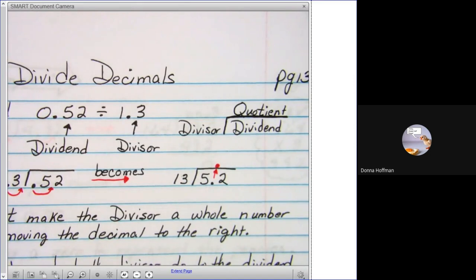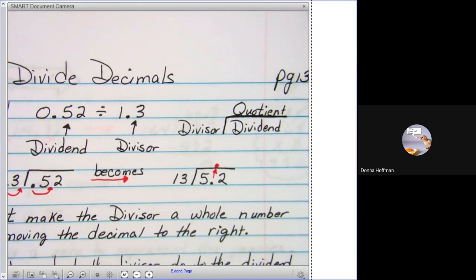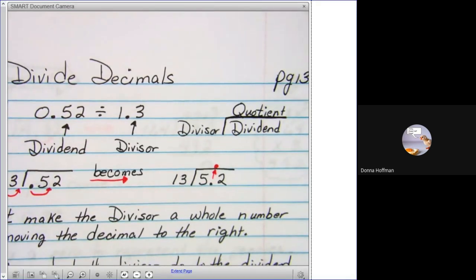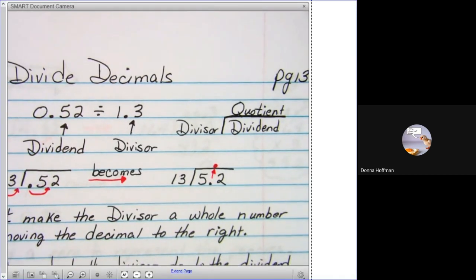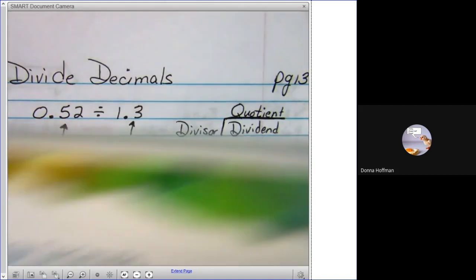Welcome to lesson 1.2, dividing decimals. This starts on page 13 in your book. So if I look at page 13 in the book, it tells you